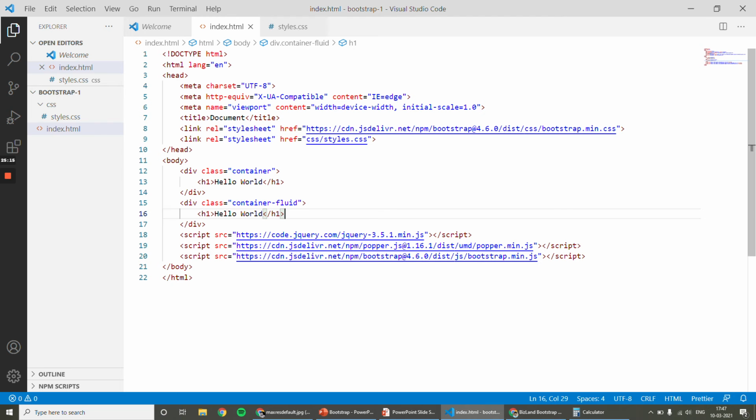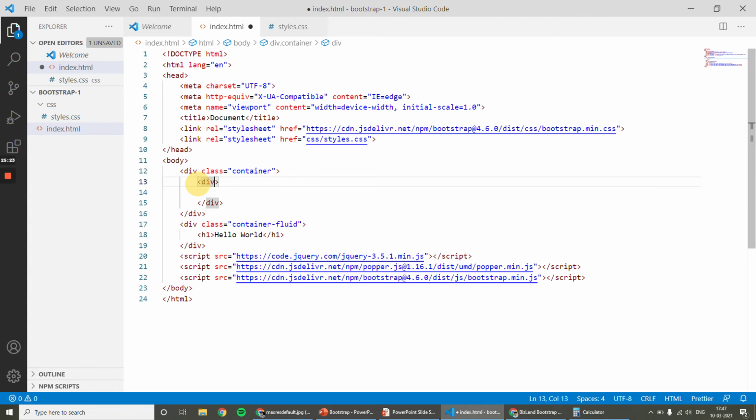Let me explain with one example. Let's cut this. Let's put div, and this is row. First thing that you have to do is you have to write row.